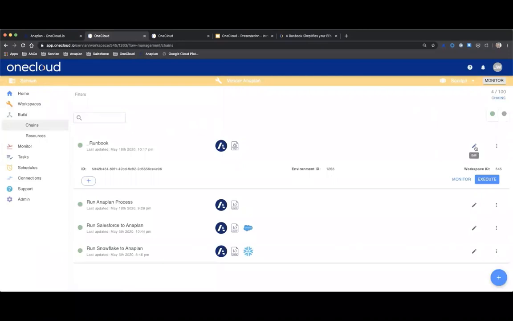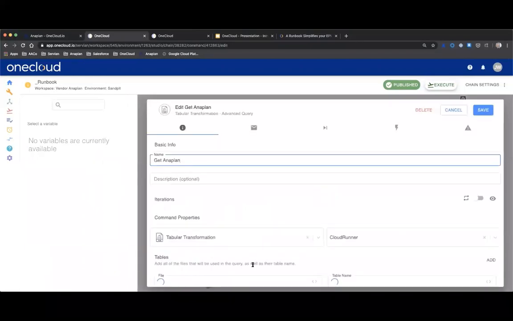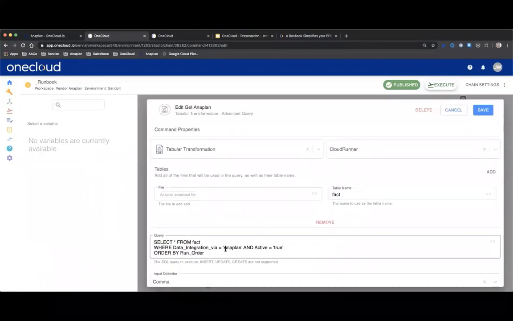So the last part of this, before we actually execute it and show it running dynamically, is after we've loaded this information from Snowflake into Anaplan, and loaded the information from Salesforce into Anaplan, we then want to run a number of internal Anaplan processes to be able to load the CSV files into lists or modules within Anaplan. So in a similar sort of way, we're filtering from the runbook where the data integration by equals Anaplan and